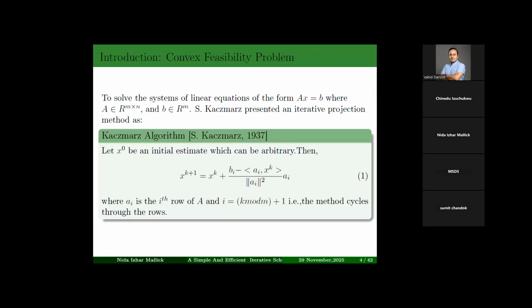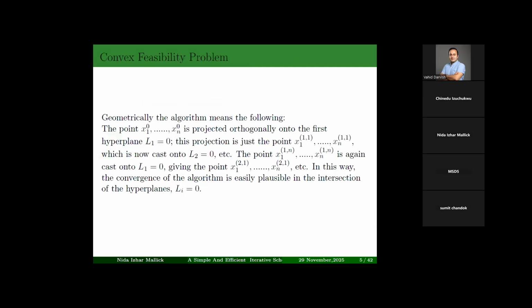So in 1937, Stefan Kaczmarz presented an iterative projection method defined by equation number 1 to solve a system of linear equations of the form Ax = b, where A belongs to R^(m×n) and b belongs to R^m. So what Kaczmarz geometrically noticed was that instead of solving all the equations at once to find a solution which satisfies them all, we can proceed by projecting the current estimate onto the solution hyperplane of each equation